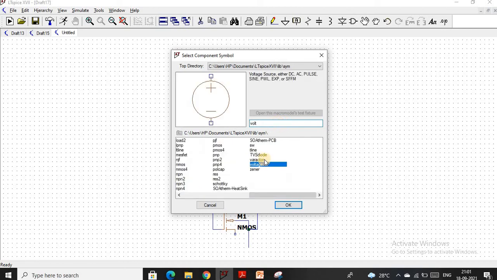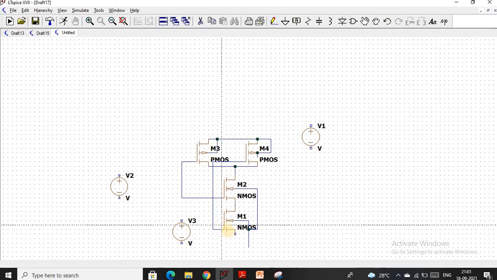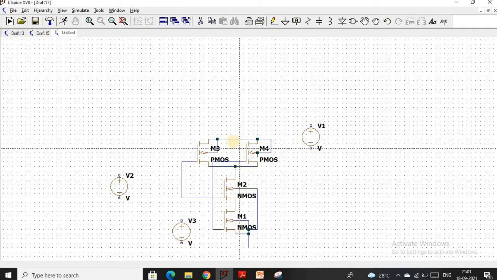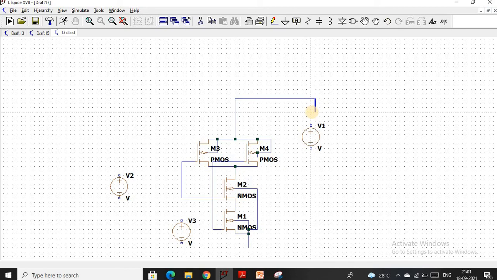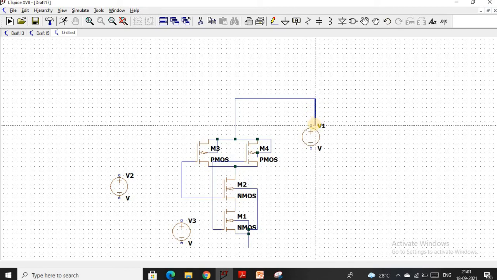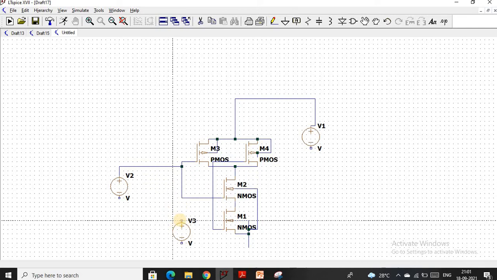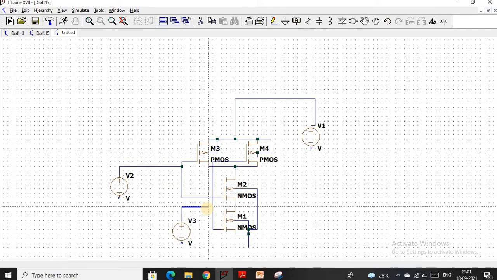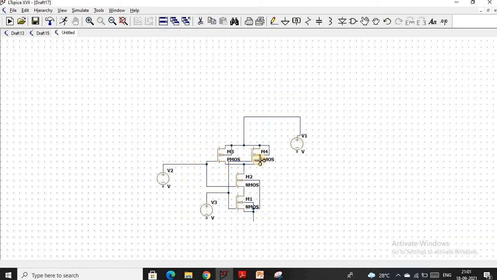Now choose the voltage. So this is the voltage for VDD, one for VA and one for VB. Now connect all the voltages. This is the extra thing.